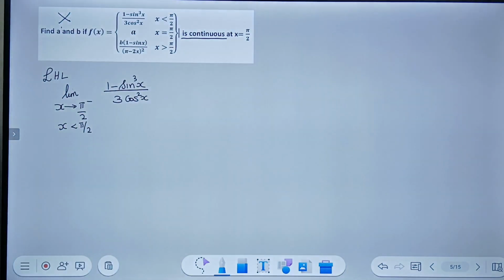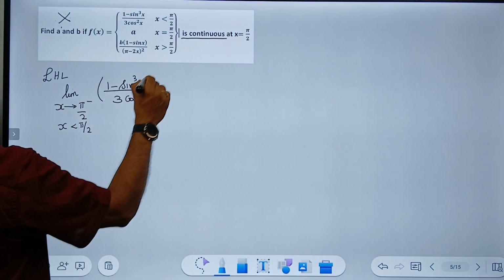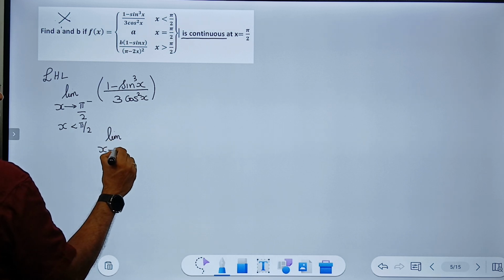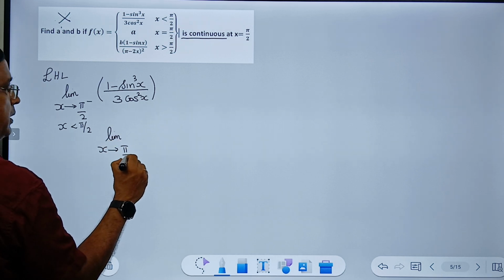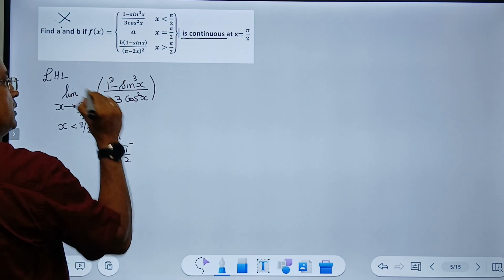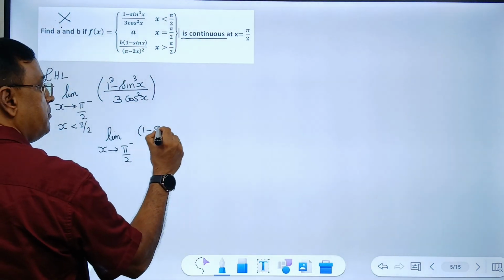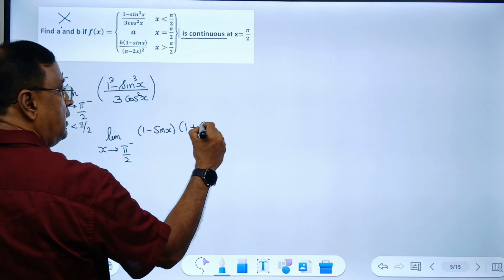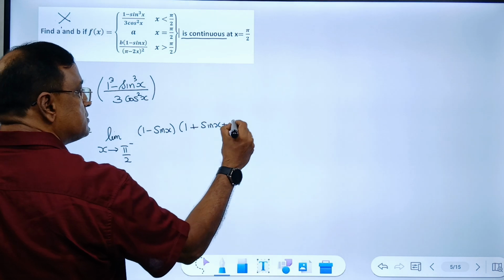Now how do I evaluate this limit? Very simple. This is limit x approaches pi by 2 minus 1 minus sine cube x. You can use a cube minus b cube, which is a minus b into a square plus ab plus b square,